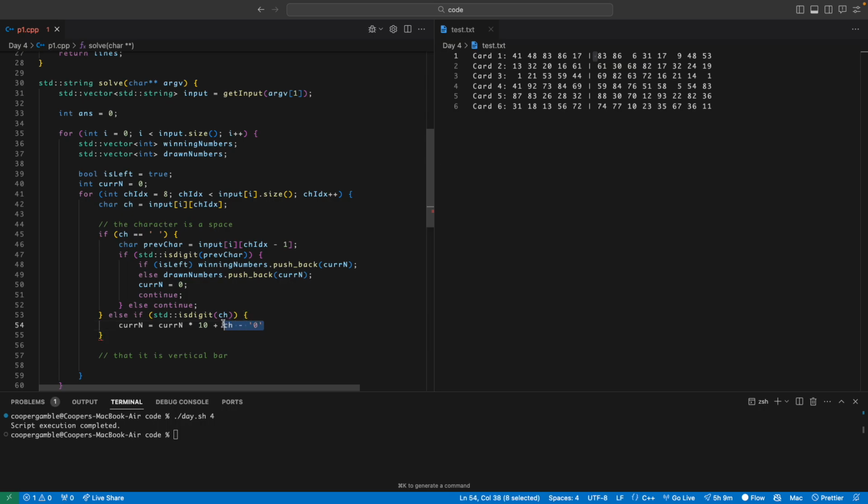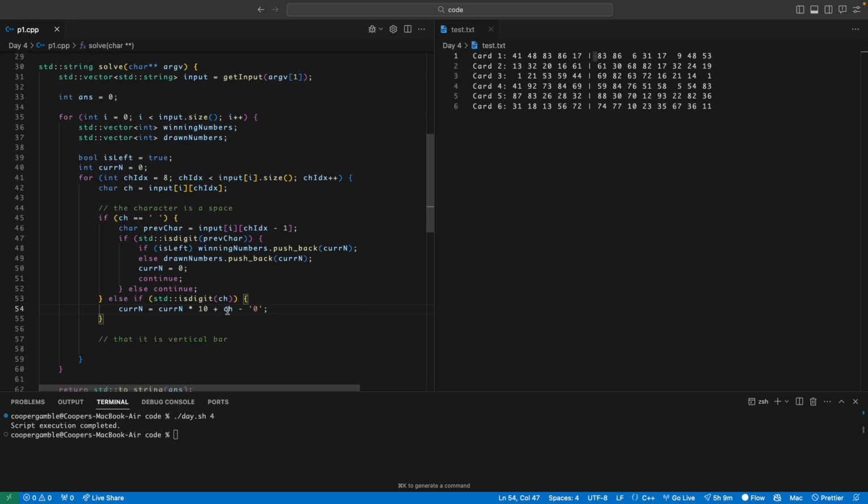And once again, this syntax is how you cast a character to an integer in C++. The minus '0', not this part. This part just essentially means that as we move, we have the tens place and then the ones place, right? This is how numbers are formatted in base 10. So the 4 points to the tens place, and the 1 and so on. So I won't spend too much time on that. It should be